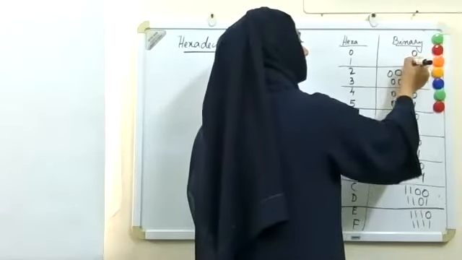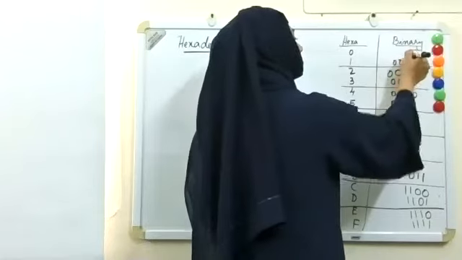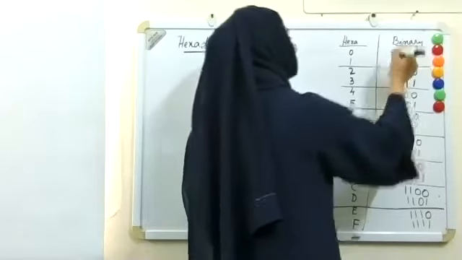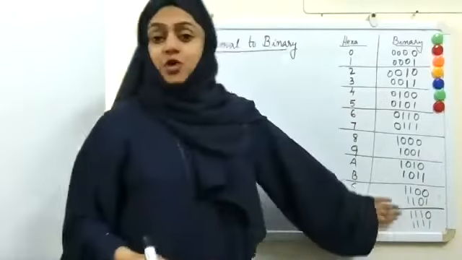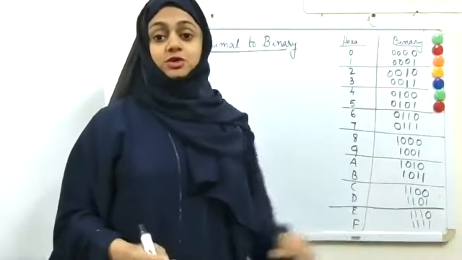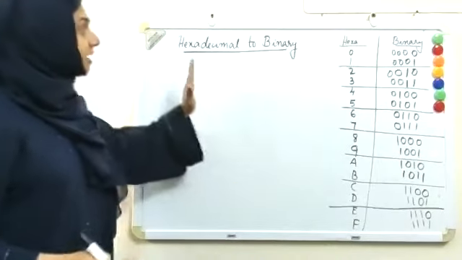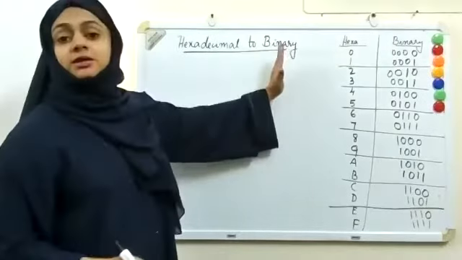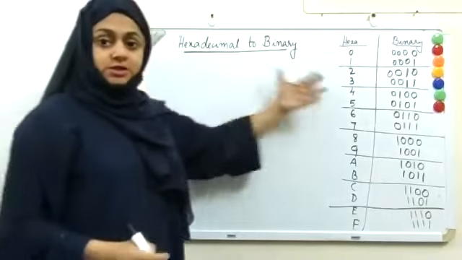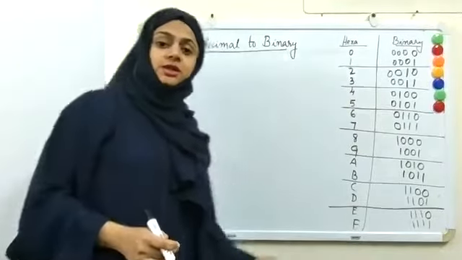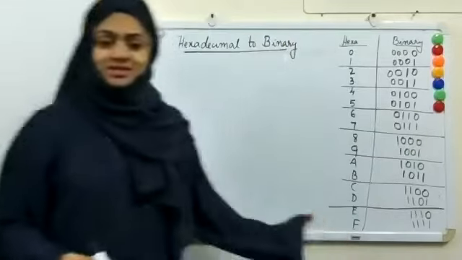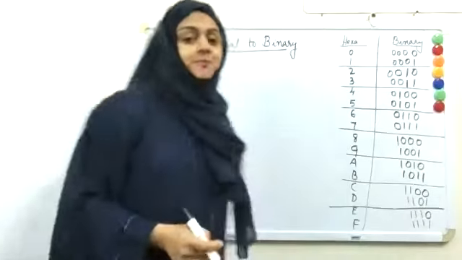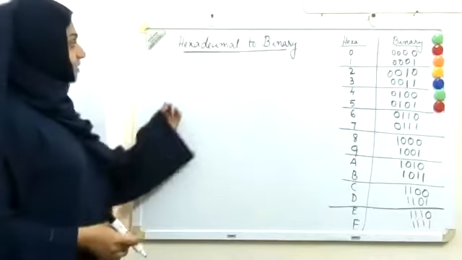So there are 4 here. I have to add 3 zeros. Here I have to add 3 zeros. So all of them now have 4 digits. So I need 4 digits when I convert hexadecimal to binary and binary to hexadecimal. So we will use this table in order to convert. My writing went slanting, right? It doesn't matter, we can match. Okay, so it will serve the purpose.